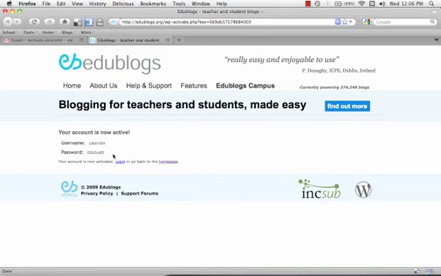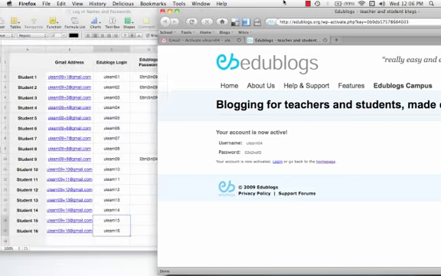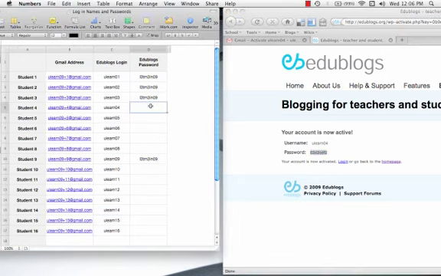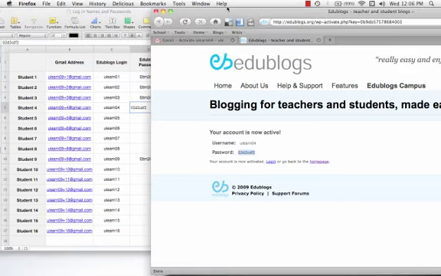Now you can either copy the password from here. So we'll just move over to our browser again. We'll copy our password, and then we'll paste it into here. Or, if you go back to Gmail,